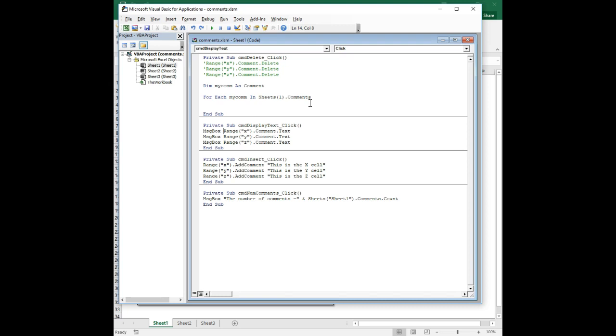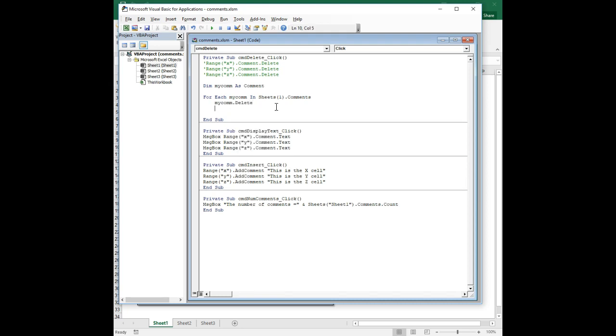It's what makes it a really good first-time programming language. So I'm going to leave this as sheets1.comments, and then I'm going to say mycom.delete, and then next mycom. So the way this works is this is basically a loop, and what the first line says is for each com